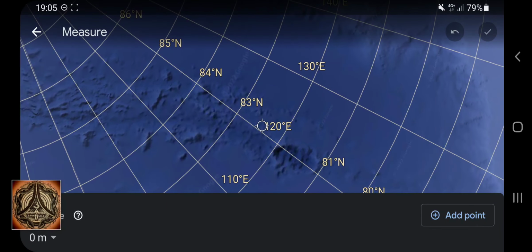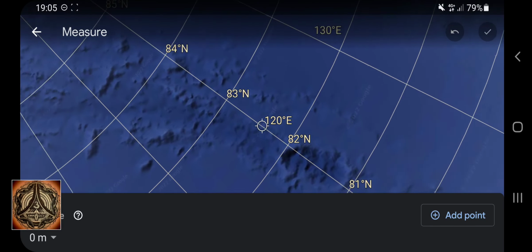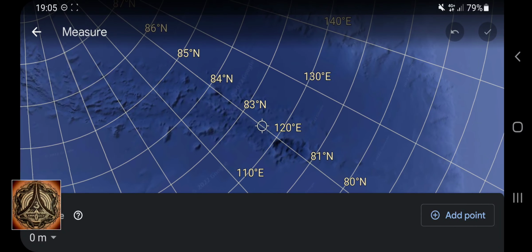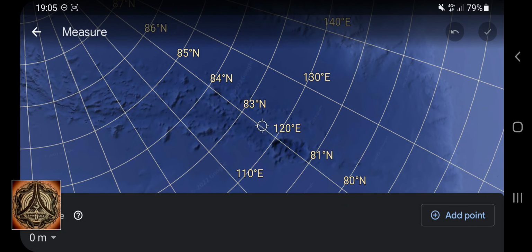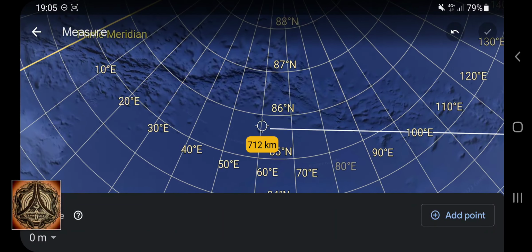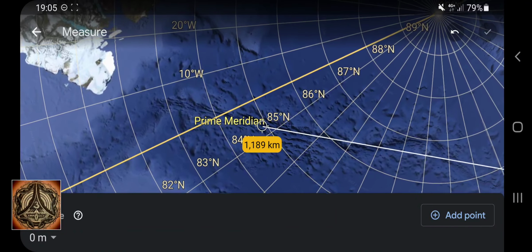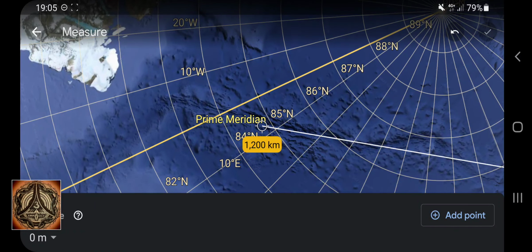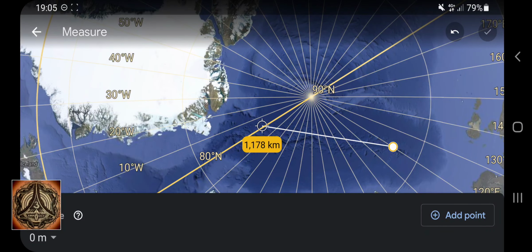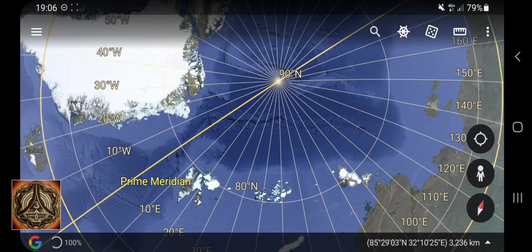I could go to Maverick Star Reloaded to get the exact location of the North Pole, but it's approximately here, and the quake was approximately here. So it's about 1,200 kilometers or something apart. Really interesting.